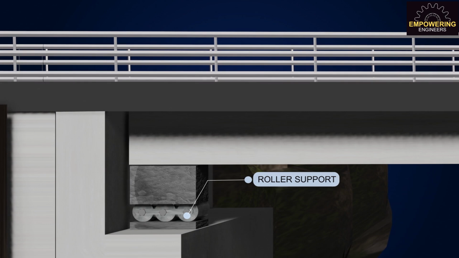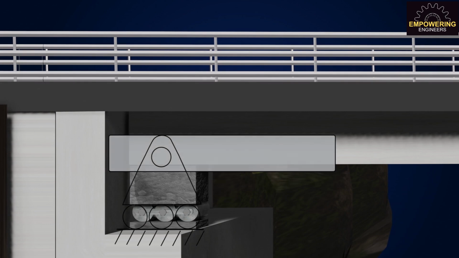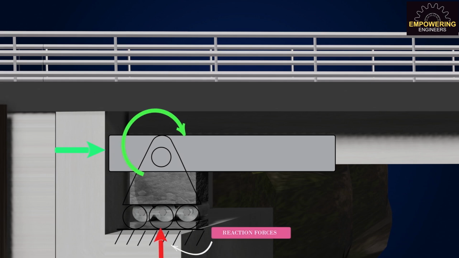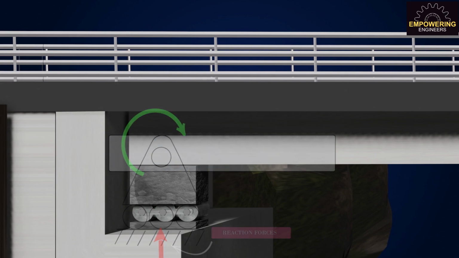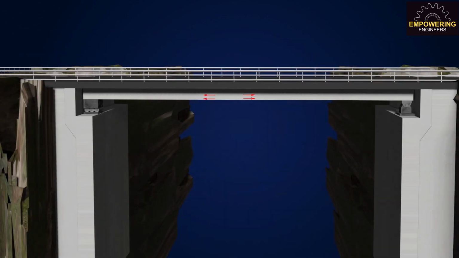Sometimes roller supports are a mix of rollers and pin supports. As a result, the structure can move slightly along its axis and also rotate. There is only one reaction force provided by this, that is vertically upward. Bridges can expand lengthwise and longitudinally without experiencing stress or external damage. Thanks to these supports,